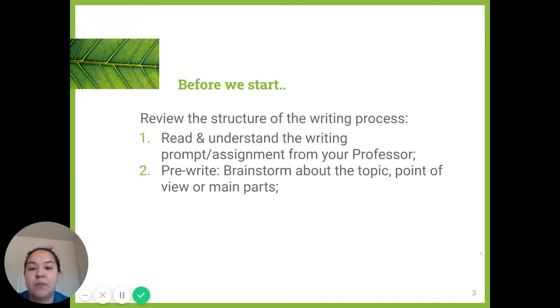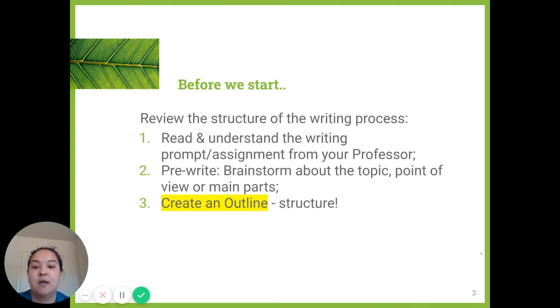Pre-writing can include brainstorming about the topic. You take a piece of paper, you write down your ideas, you decide about the point of view that would be applicable, or try to analyze what main parts your paper would have. Step 3, creating an outline, an actual plan for your